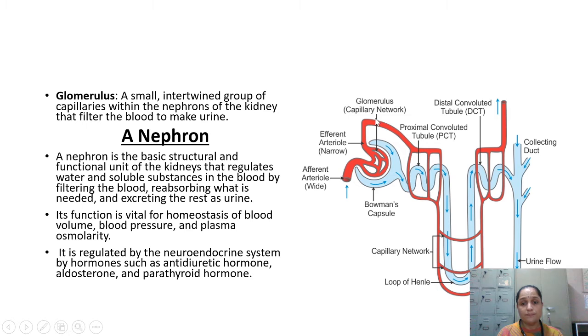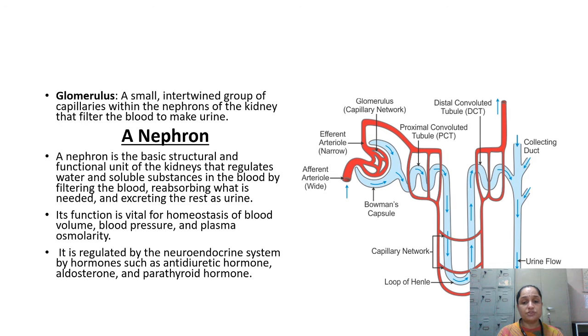ठीक है. So this is a capillary network which is known as the glomerulus, and here it is an afferent, this one is an efferent. Okay, it is going to move further, and this is basically the extension of the renal artery. Renal artery has brought the blood inside, then renal vein has taken the purified blood. So nephron. Nephron means here this detailed structure.